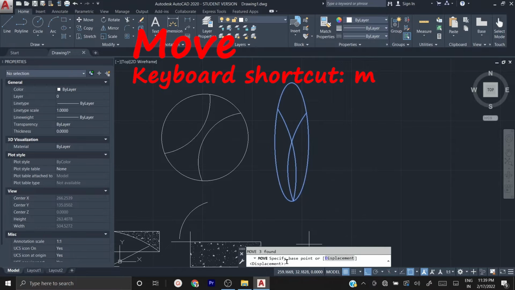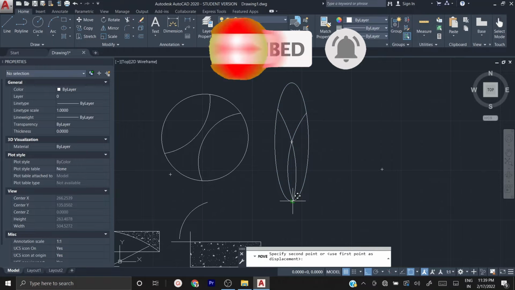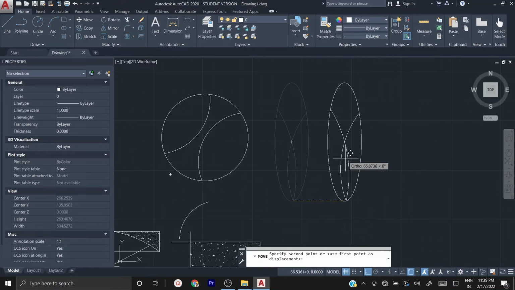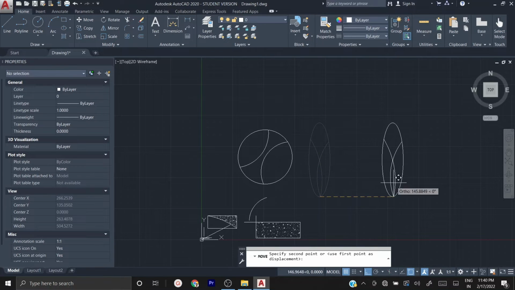Now it asks for the base point. Wherever you want to take it as the base, you click there. That is the base to move this object. You just click, then move wherever you want. See, why we cannot move diagonally, only horizontally and vertically, is because we have switched on ortho mode.